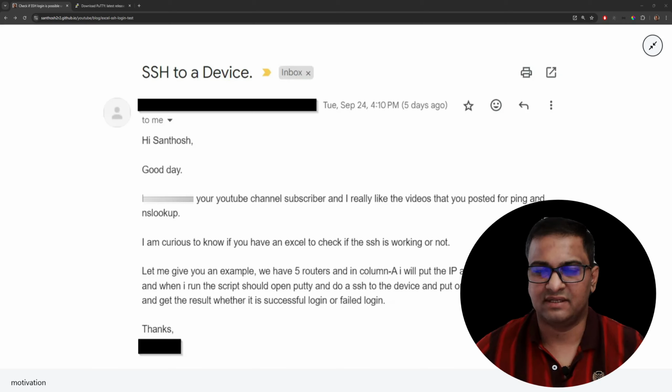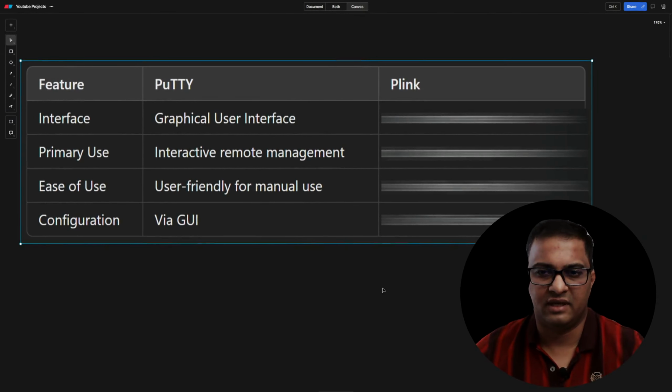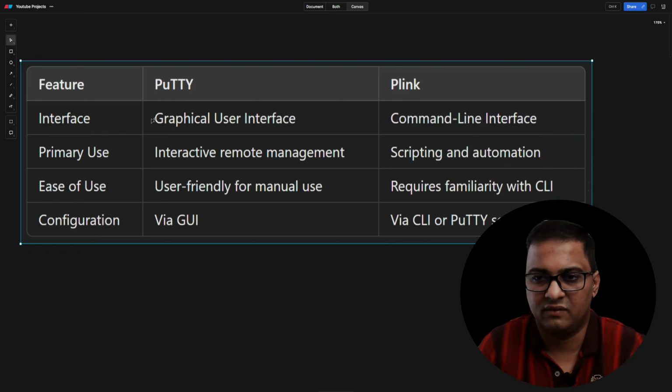In order to do an SSH test using Excel, I'm going to be using the plink tool. Plink is synonymous to PuTTY. Okay, so what is the difference between PuTTY and plink? PuTTY has a graphical user interface from where we can start the SSH session. Its primary use is for interactive remote management. It's user-friendly and it's accessible via graphical user interface, like I said. On the other hand, plink is a command line tool which is synonymous to PuTTY. Plink is used for scripting and automation. Of course, this requires familiarity with the command line interface, and the configuration is done via command line interface or